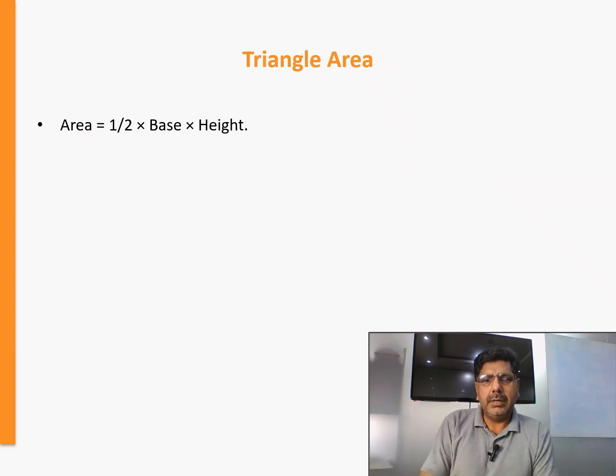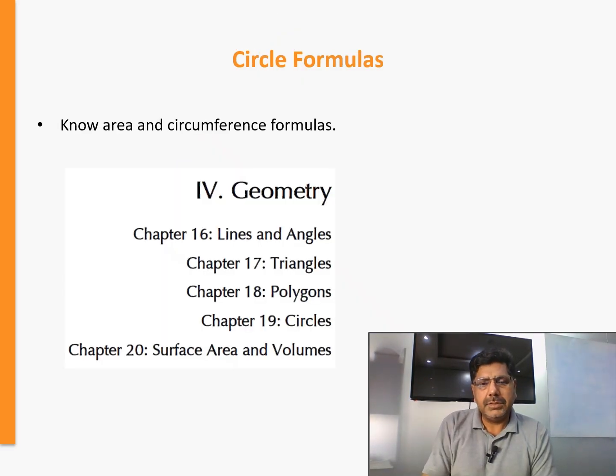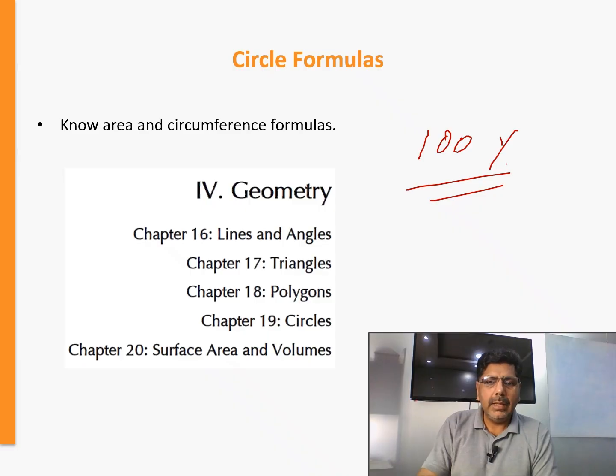Now, triangle, area. So it's one of the examples given. How can we find the area of the triangle? And about the circle, this will be something additional. And once you do this one, you will be able to perform 100% in your test. Okay, so in the geometry section, we have triangle, polygon, circle, and surface area. These are the shapes,